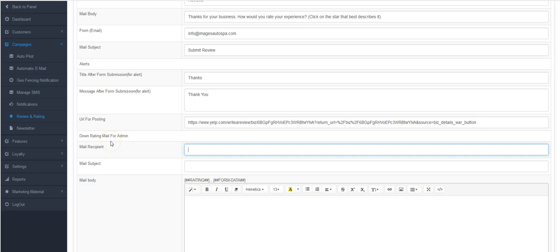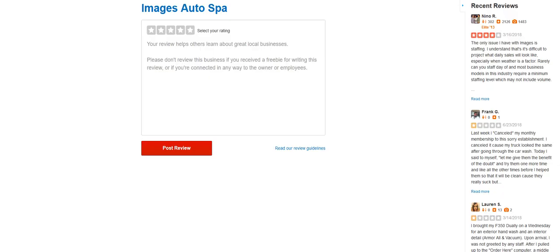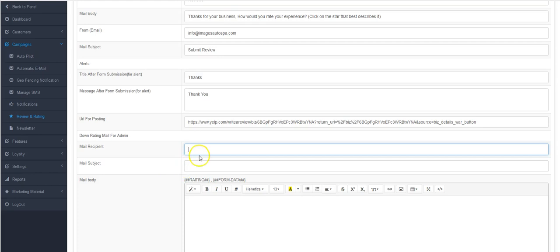You can also set the system up so that any subpar reviews that go out, the admins of the company will get an email, and it won't go to your Yelp page. Okay, so how you do that is the mail recipient is you type in the email address of the admin over here. I'm not going to type that for right now. I'll just put the subject as subpar review, and I'll copy this and paste this into the body of the